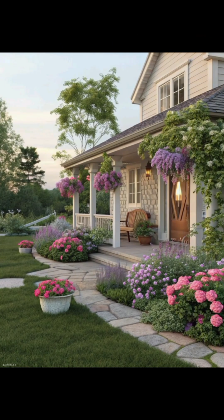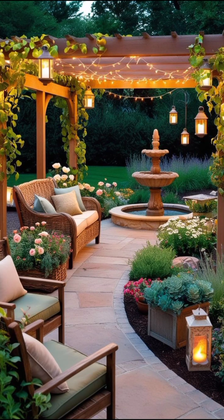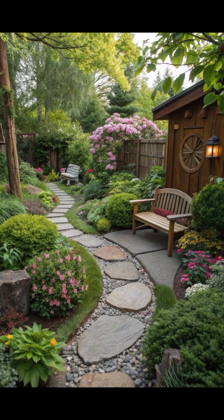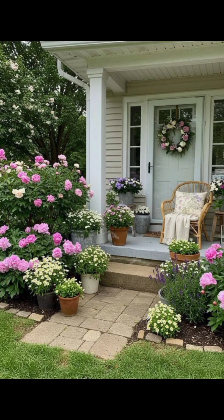Color and texture is another aspect of garden which is very important that you have to consider. Play with color combinations and textures to create visual interest. Group plants with similar colors or contrast them for impact, balance,